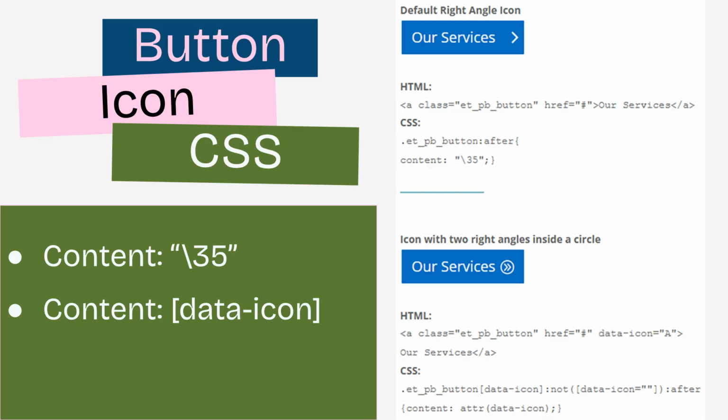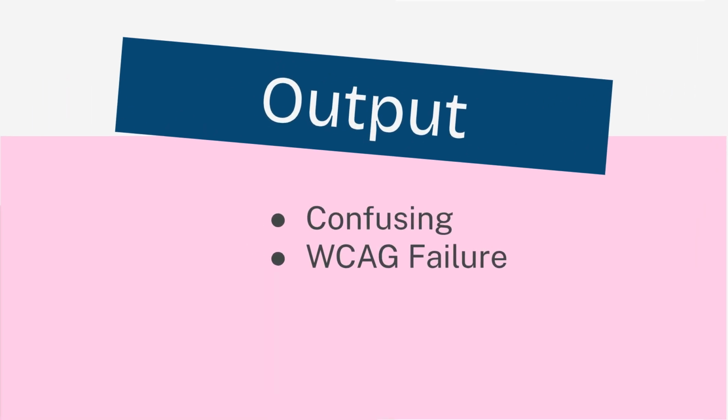If you select something other than the default icon for your button-styled link, a data icon attribute is added to the link element, which contains the symbol name of the icon. In this case, the CSS content property value is the value of the data icon attribute. In both instances, what is announced by the screen reader is the symbol name of the corresponding font icon hex code. So in the case of these two links, the screen reader user will hear rservices 5 and rservices A.